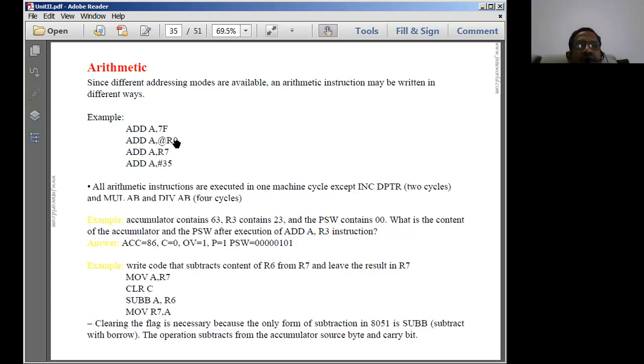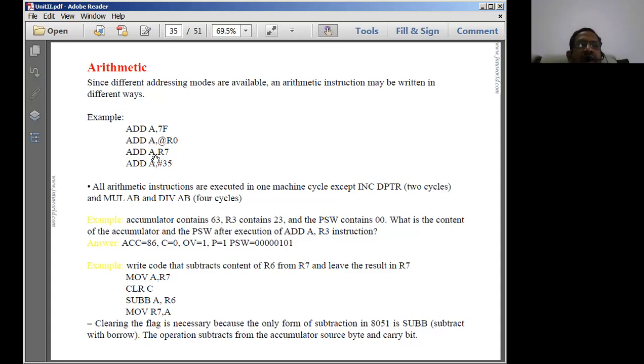The contents of R0 contain the address where the data resides. So @R0 means the value at the address contained in R0. That value is added with the contents of the accumulator and the result is stored in the accumulator.